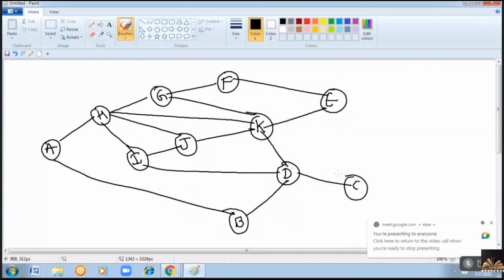Have you taken the graph? So what is the first step? First step is find out the degrees of all the vertices. 11 vertices were given. Find out the degrees of all the vertices and arrange them in the decreasing order of their degrees. You do first 2 steps now.